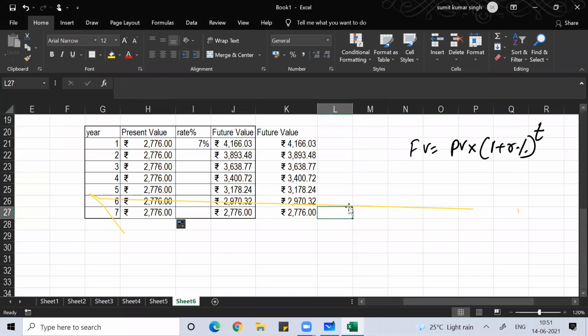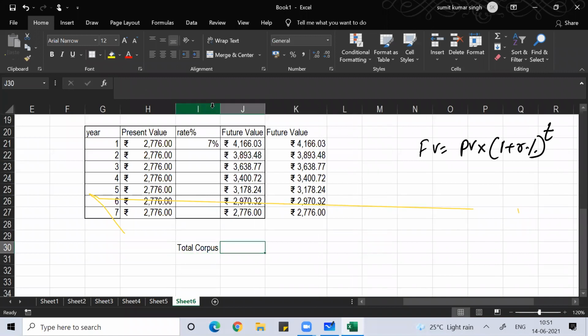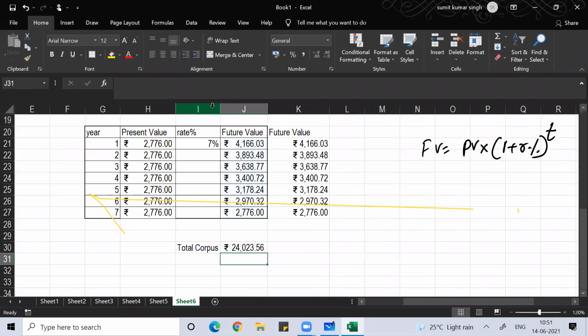Once it becomes a classical case of annuity, if I want the total sum, like every year I'll go to the bank and I'll put 2776 rupees into the bank for 7 years. So the total corpus it will become, the total corpus becomes equal to 24,023.56 rupees.